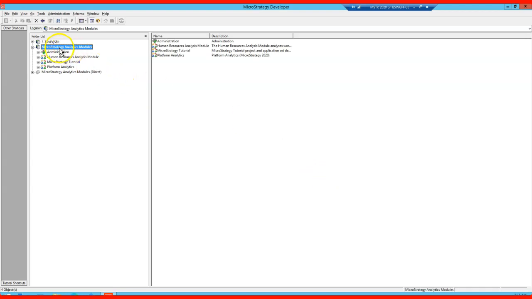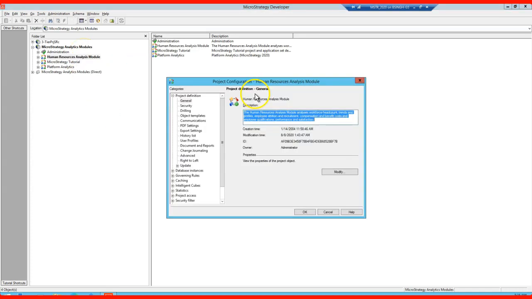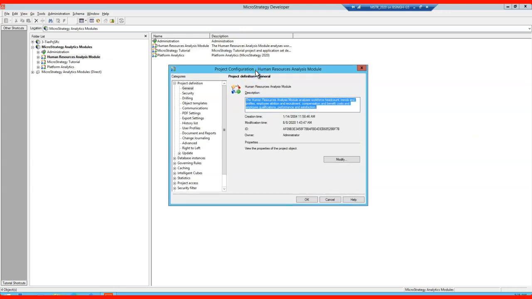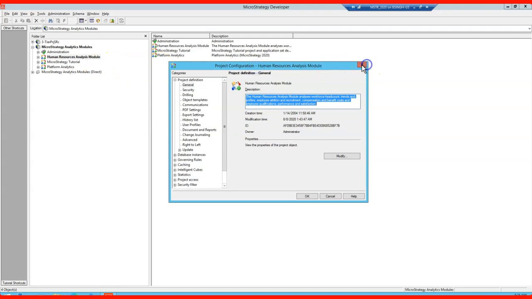So let's log in here. Right click here and go to project configuration. If you want to configure some governor settings at your project level, that's how you can come.